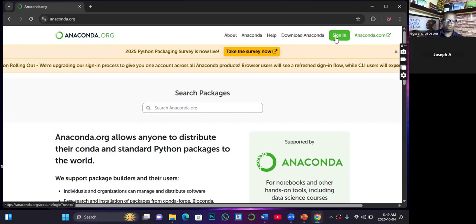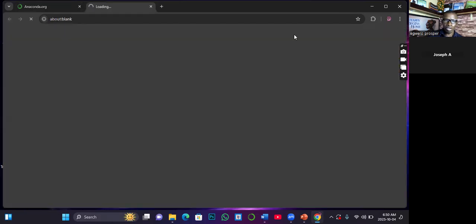You create an account, you sign in, and they will give you a customized cloud workspace where you can load in your data and do exactly what a local user will do. The advantage of the cloud installation is that anywhere you are, even on your phone or on different laptops, you can always access it, compared to the offline one. So that is where you sign in. But if you just want to download for local installation, you click on download Anaconda.